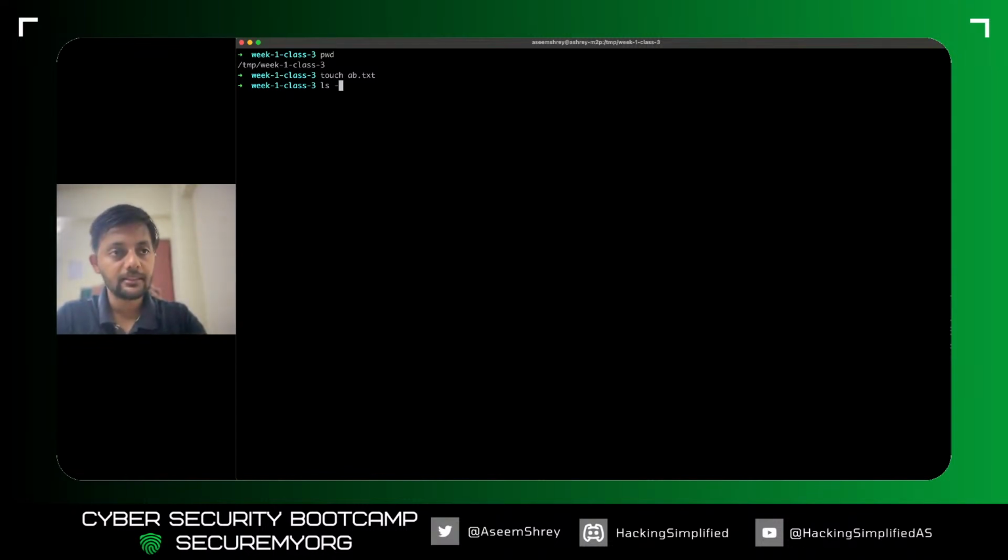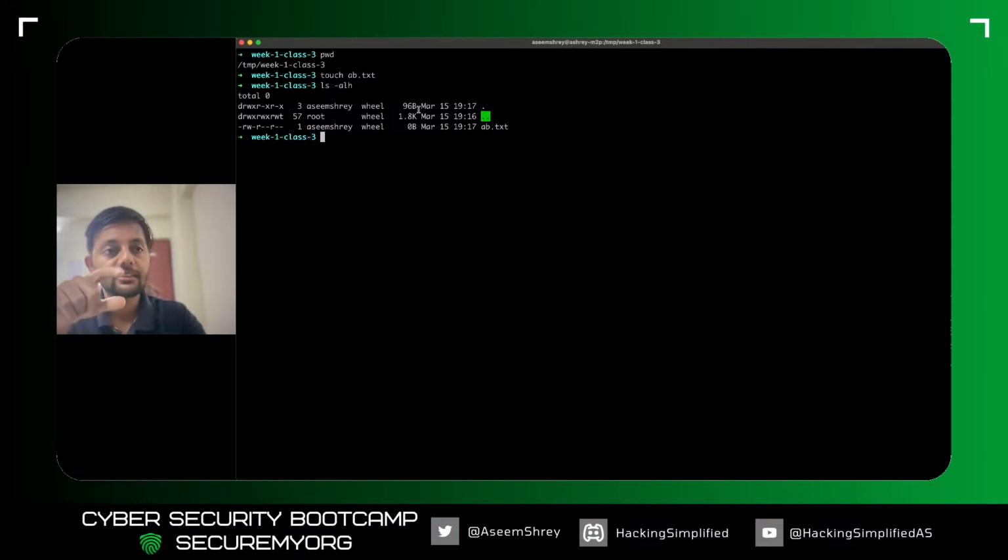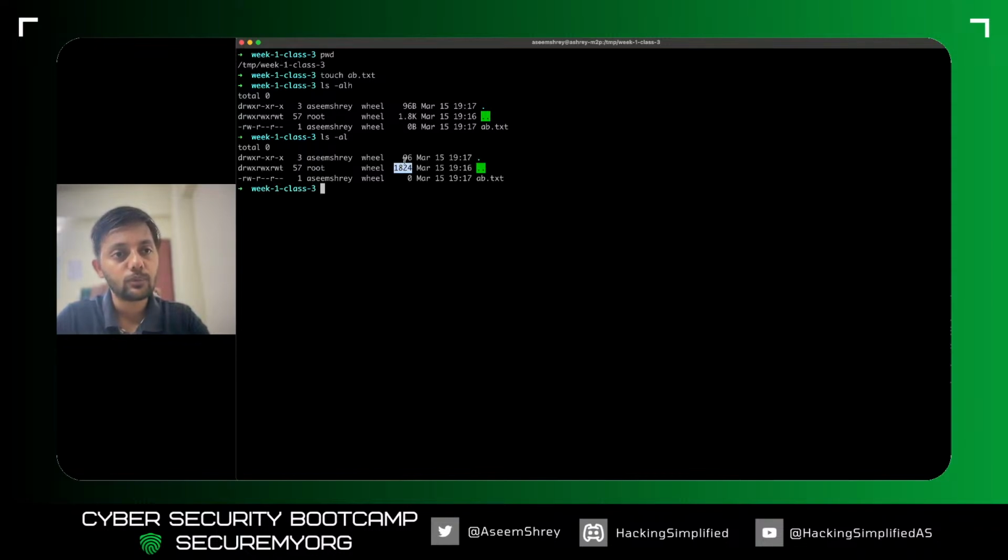If I do ls -alh, alh is the attribute list, with h for human, meaning human readable. If I remove the option h, it would just print sizes in bytes and it would be very hard to understand what the actual file size is. Vim is a text editor. I'm just dumping out everything, and then I'll explain what these things are and why I'm creating these files. Just bear with me for a minute or two.